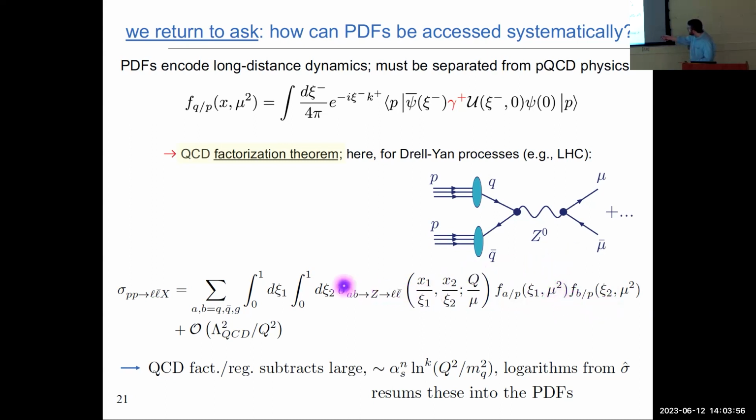where now I'm actually carrying out a convolution between some perturbatively calculable hard coefficient that I can write down in terms of basically Feynman diagrams, and that has the appropriate factorization and regularization scales entering it, and then the PDFs, which similarly depend on this momentum fraction in this case because there's a convolution, and then again, a factorization scale. And throughout the rest of this talk, these factorization scales are exactly the same as the regularization scale. And you could use whatever regularization prescription you care to, for instance, MS bar, when you go about this.